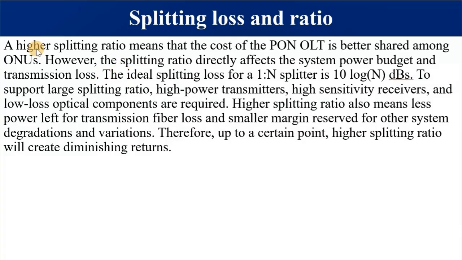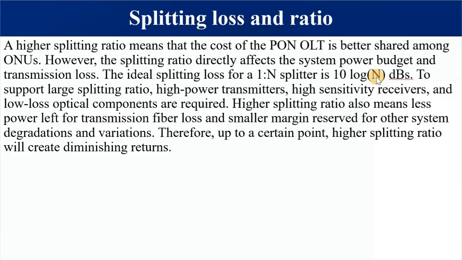So we are saying a higher splitting ratio means the cost of the PON OLT is better shared among various ONUs. However, this affects the power budget and the transmission loss. How do you come up with the loss? It's 10 log of the splitting ratio, 10 log 64. But it will give you a value of less than 20 dBs if you do it in such a way